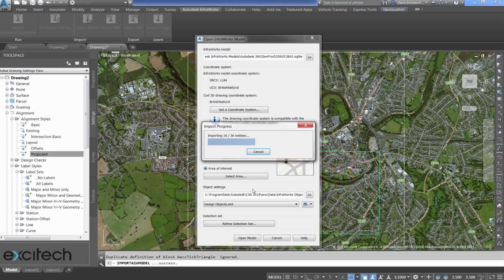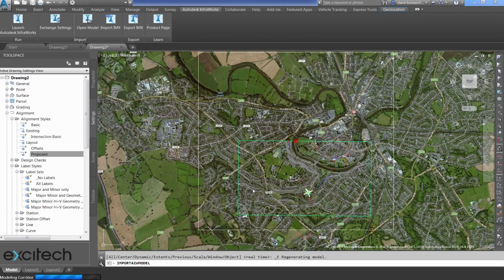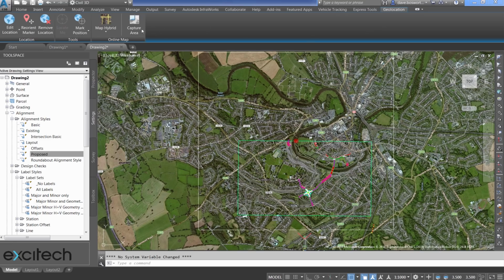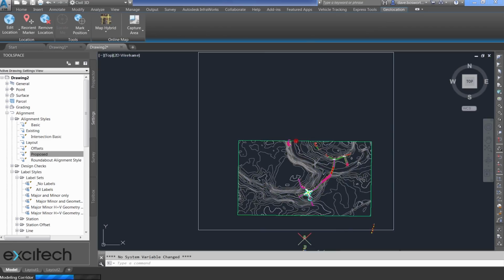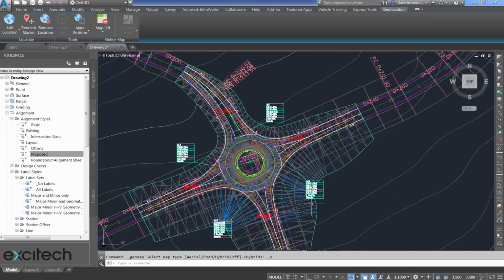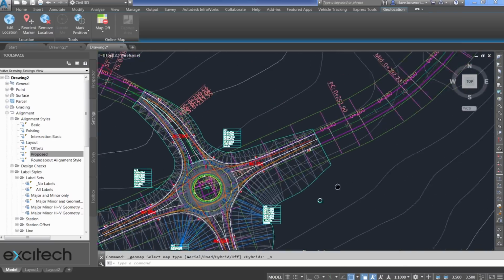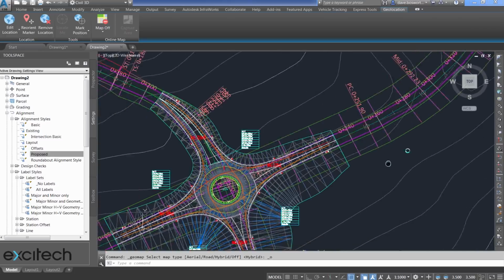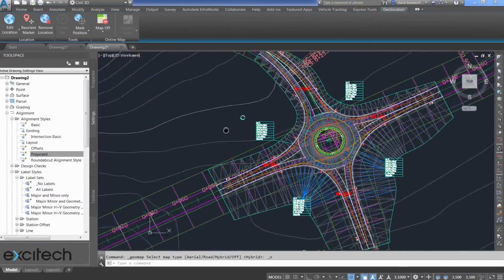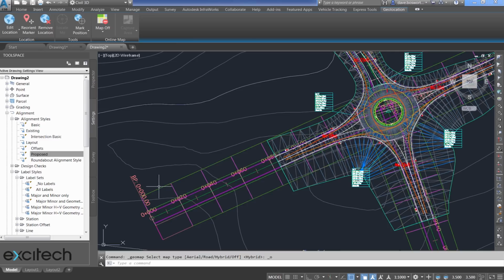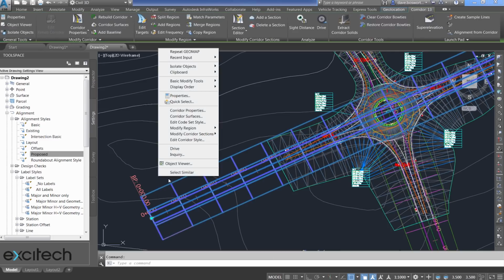If you look at the bottom of the Civil 3D screen, bottom left, you may notice that as it's importing, it is actually rebuilding corridors. So it's going to create corridors from those component roads. Let's just turn off the aerial image and have a look and see what we've actually got. So if I zoom in here, you can see the roundabout. You can also see the two component roads. If I select this item here, this is in fact a corridor,